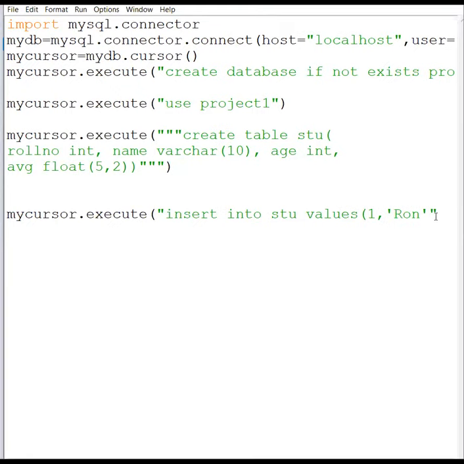Right now we are inserting constant information. Later on we are going to discuss how to insert values taken from the user side. Okay, only for changing the line or giving the commands in a different line, I am using triple quotes. Then the next information was Ron. After Ron, we have to insert the age, suppose 15, comma, then we have to insert the average, suppose 35.66. This is the average. Then I need to close, first of all, this bracket, then these triple quotes, and then after that, my execute function. We will check this also.